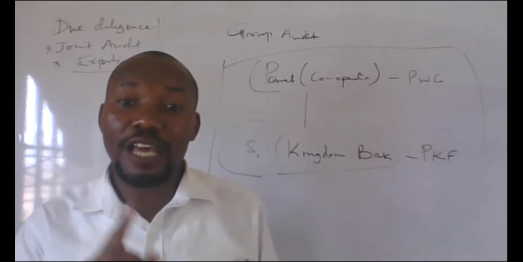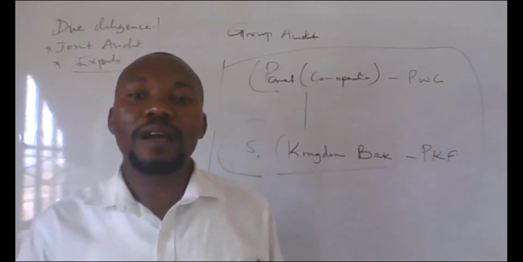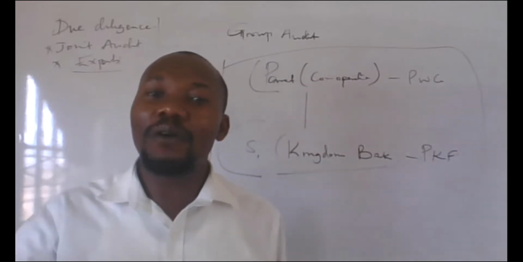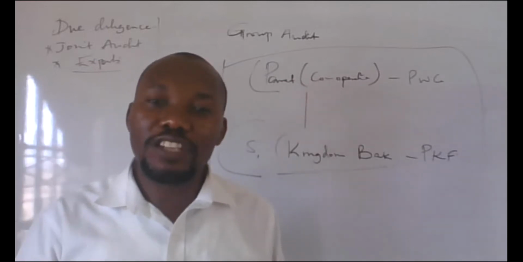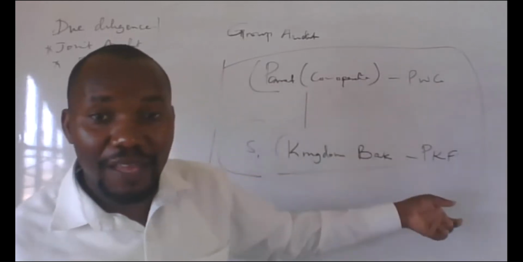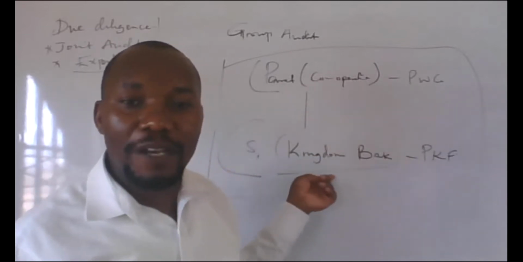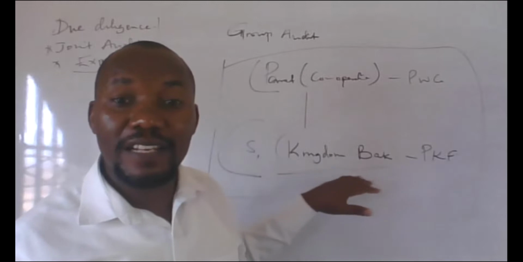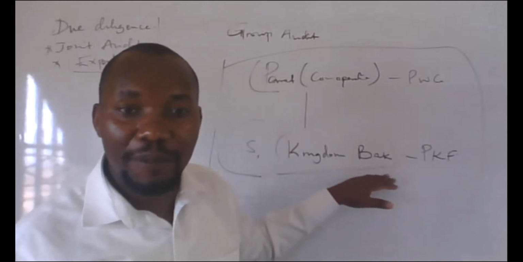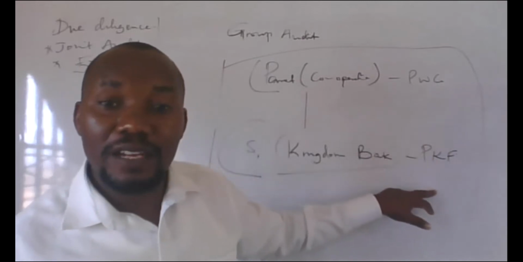And I've talked about sharing of risk. That is number one. Number two, especially where one company was already existing and the other one joins, they'll be able to exchange. The one which joins the other has advantage. Because already PKF has been auditing this company for some time. They understand the risk level and risk profile of this particular firm. So when this one joins, they'll be able to tell them the areas of high risk.